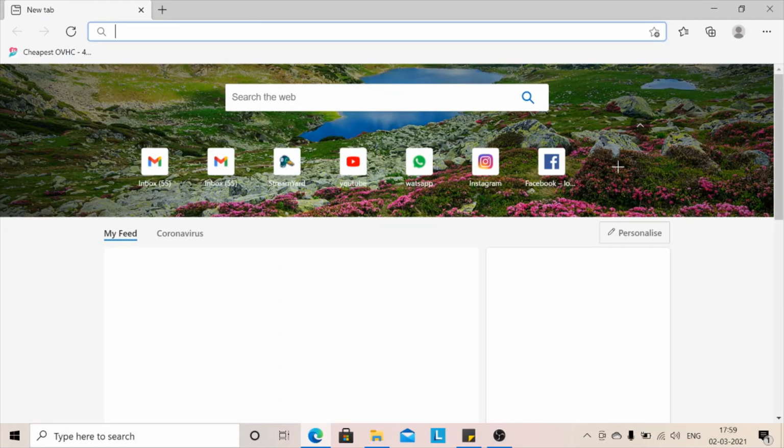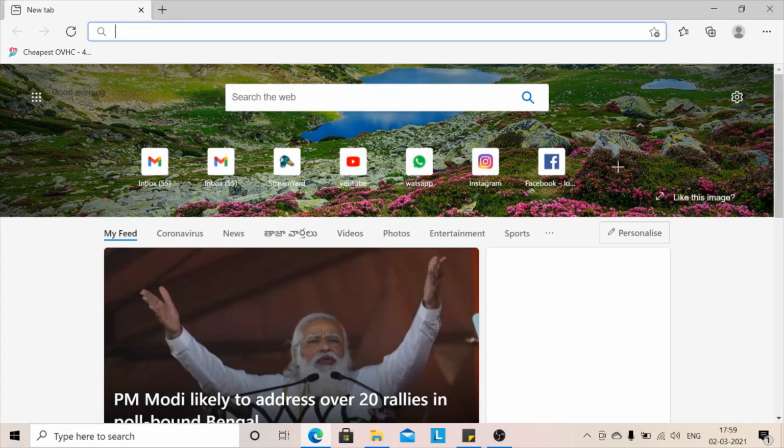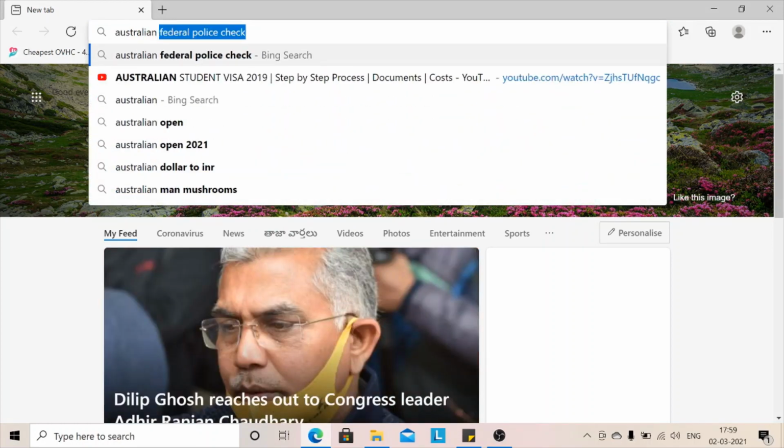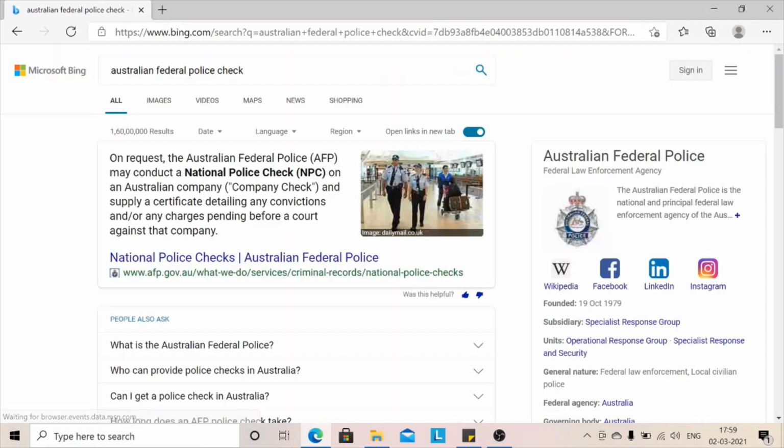Hi again. So we are almost there, and I'll explain how to do the Australian Federal Police Check in very small, easy steps. First we need to search Australian Federal Police Check in the browser on your laptop or phone. You might have a doubt, why Australian Federal Police Check? This check is only provided for immigration, visa, overseas employment or citizenship, for people living in the Australian Capital Territory and external Commonwealth territories.